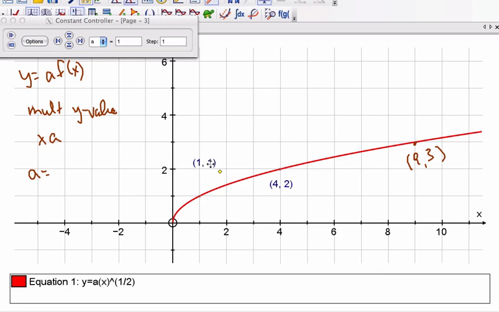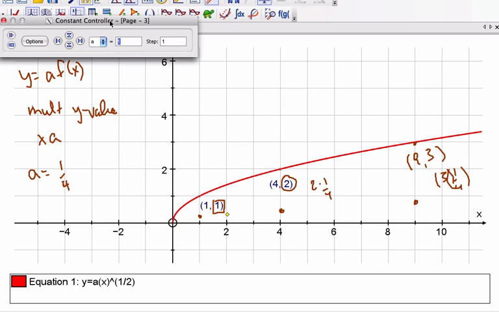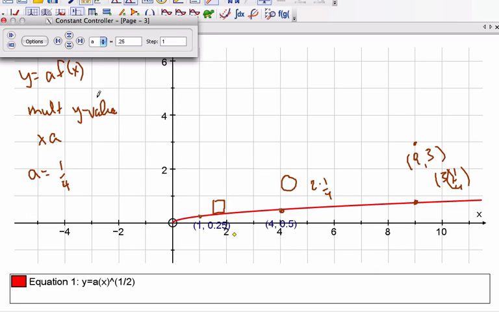So if I'm going to change my a value now, let's say 1/4. Well, then my y value here, multiplied by 1/4, will be 1/4. Multiply 2 times 1/4. 2 times 1/4 is 1/2. 3 times 1/4 is 0.75 up here. And so if I change that to 0.25, I get that. This transformation is called a vertical stretch